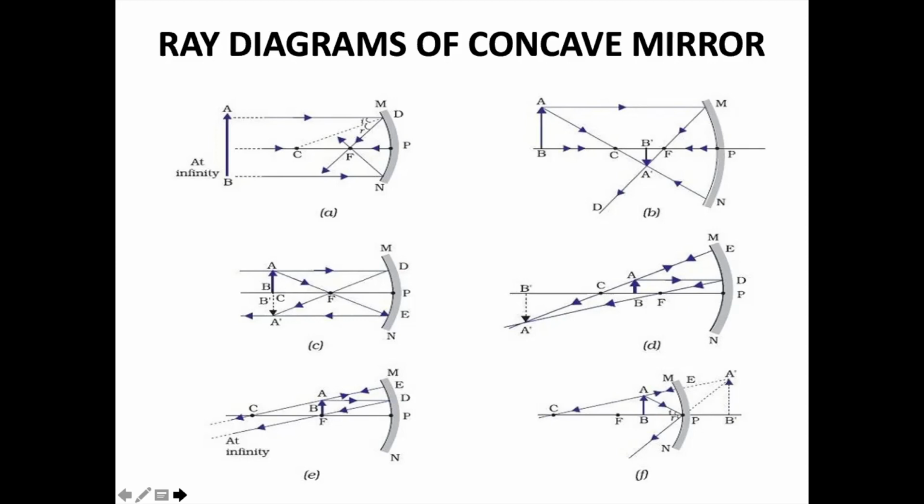So let me tell you, where is the virtual image formed? Here the reflected rays are meeting. Here also the reflected rays are meeting, real image. Here also the reflected rays are meeting, one is this and one is this. Here also they appear to meet at infinity. They are going back, I cannot extend. But here what is happening? I've made a dotted line. This indicates that the virtual image is formed. So only one virtual image is formed over here. What is the object size here? What is the image size?